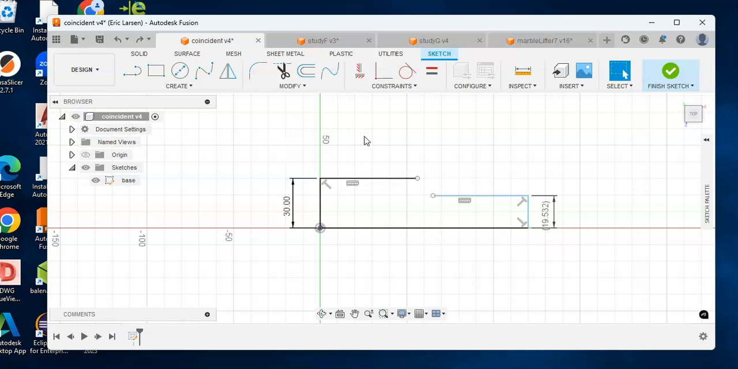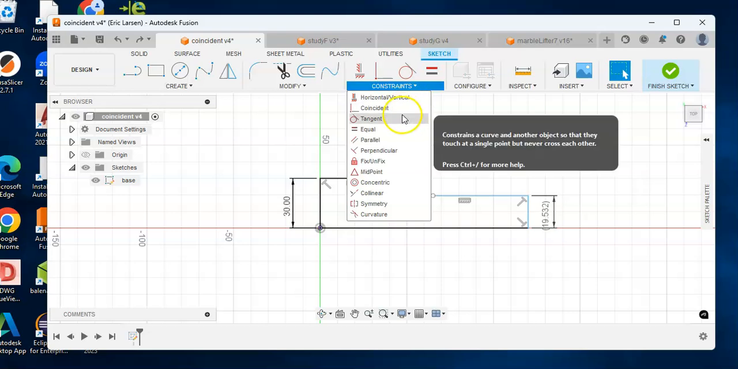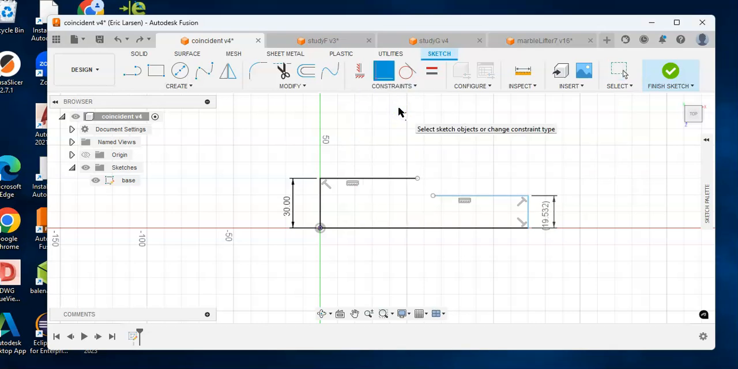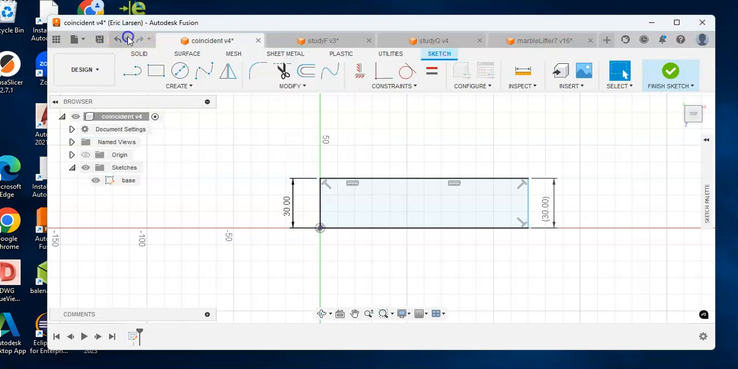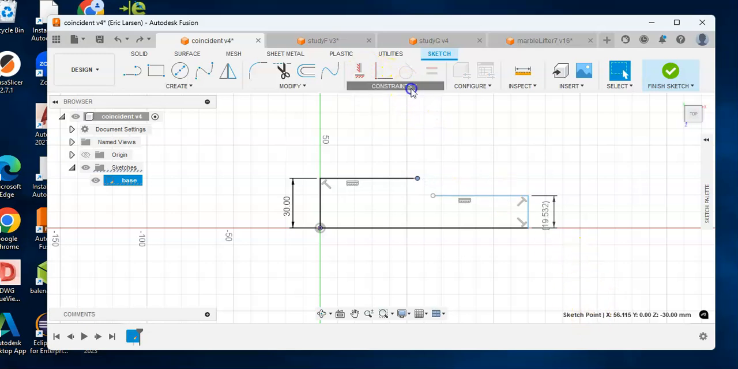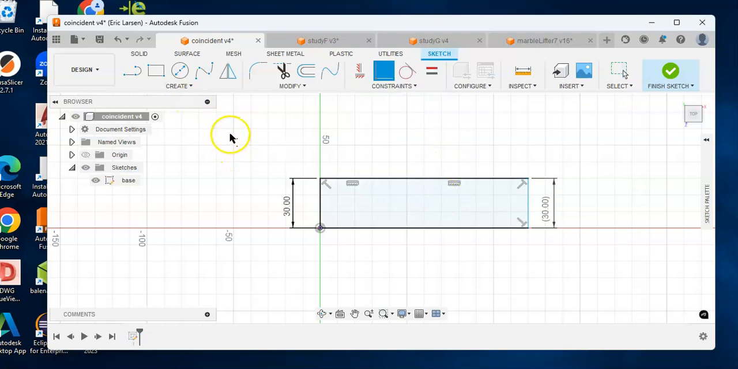Now in general, Fusion is pretty flexible. It allows you to invoke the constraint command without having selected anything beforehand. And then we select these 2, it's done. Okay, the other way that you can do it, okay, undo coincident, is that you might select one point before you select the coincident constraint, and then if you select the second one, then it's done, no sweat. Okay, hit escape,